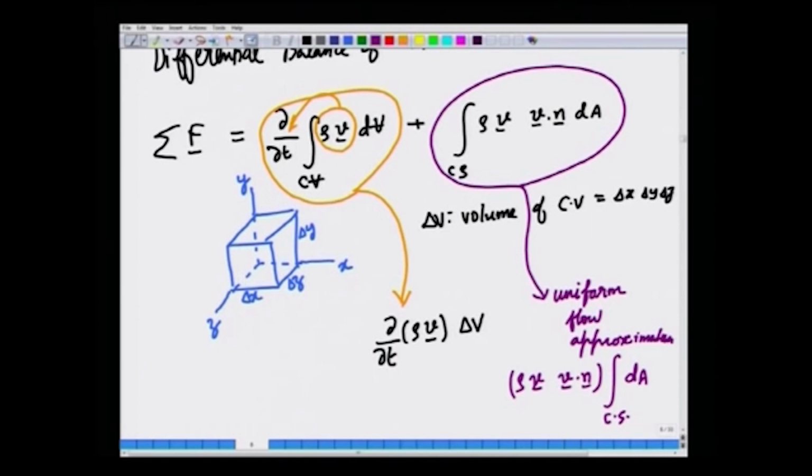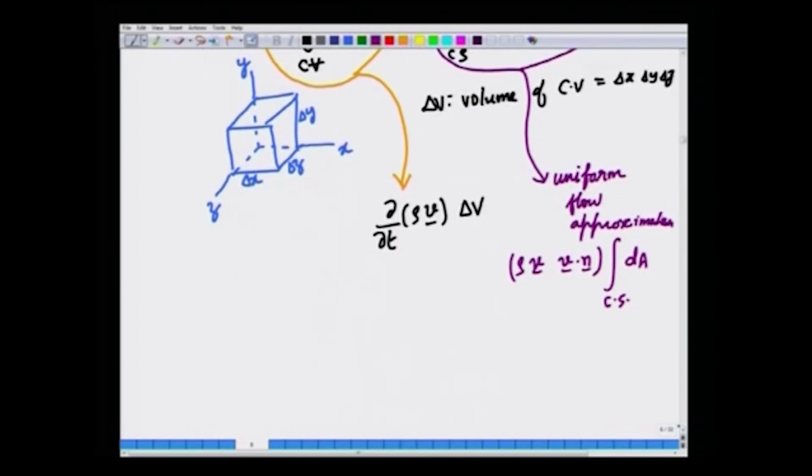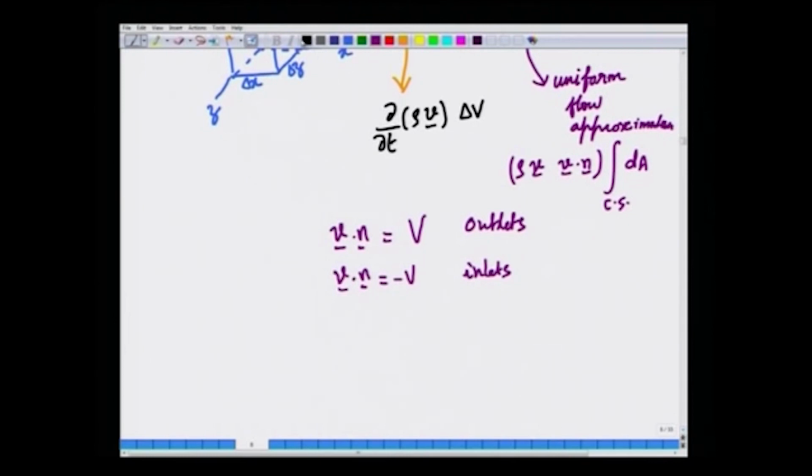Now, we also know that v dot n is plus v for outlets and v dot n is minus v for inlets. Using this, we can write this equation as